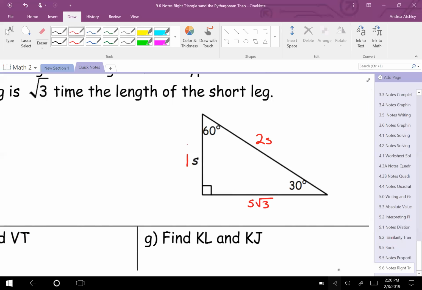So if this is 5, the hypotenuse is 5 times 2, which is 10. If this is 5, what's the length of the longer leg? Okay, if my short side length is 8, what is the hypotenuse? 16. What is the longer leg? Okay, if I gave you the hypotenuse, if it was 14,